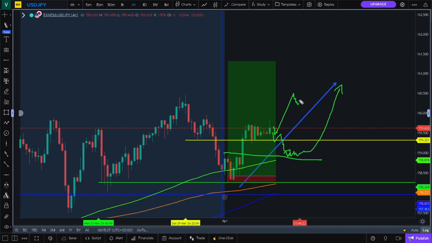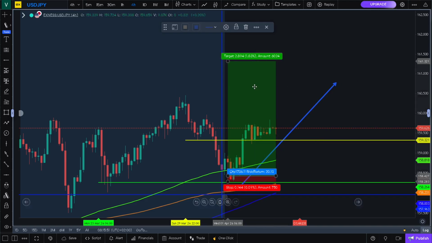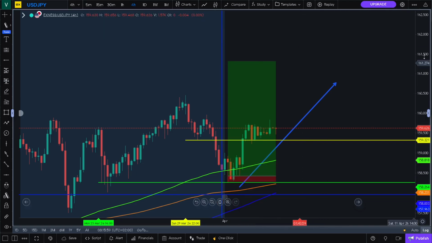But if it does go to the upside, break this top here, it might come back to retest this top and then continue to the upside to take out structure right here, right where the take profit is. So with that being said, the take profit of this currency is 161.321. This is the target profit from our entry level. So this is exactly where our target will be.